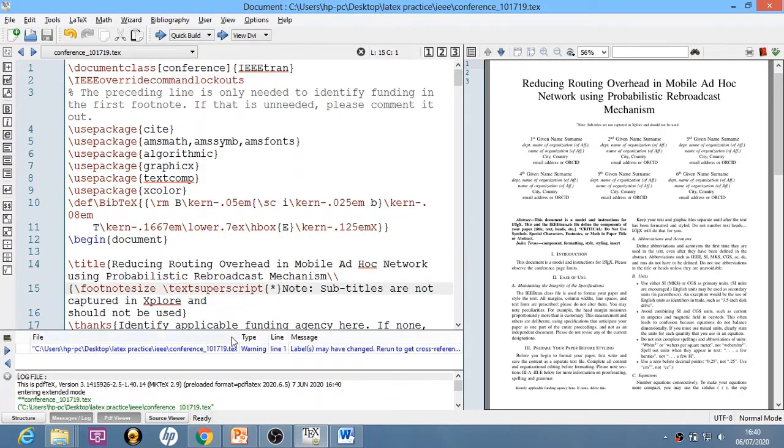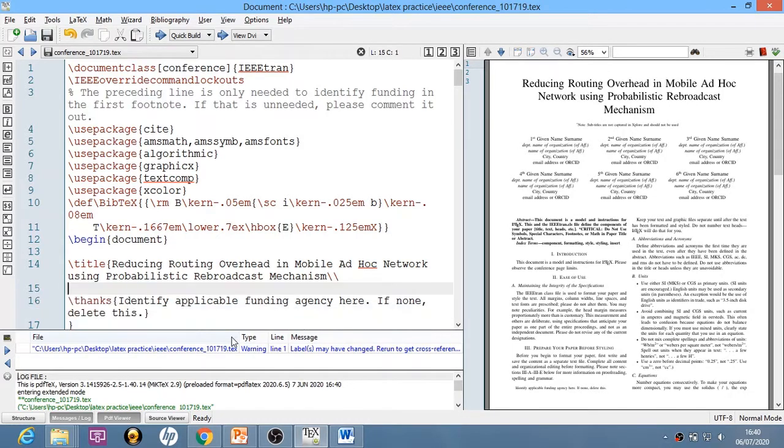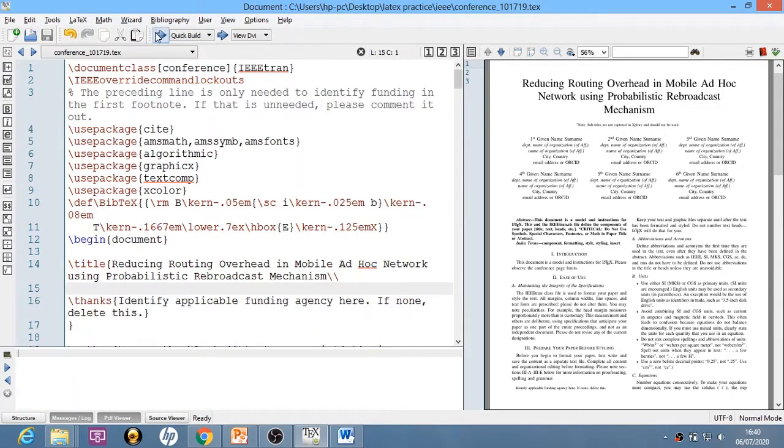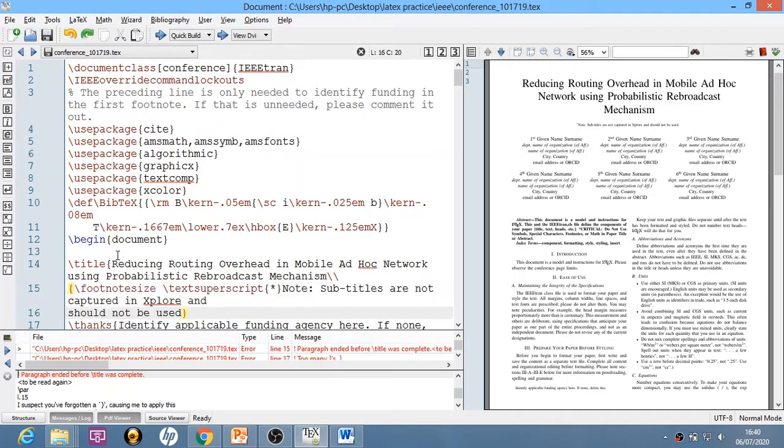I don't need this text, so I will remove it. Let us try to compile it again. Okay, it is showing me some error.